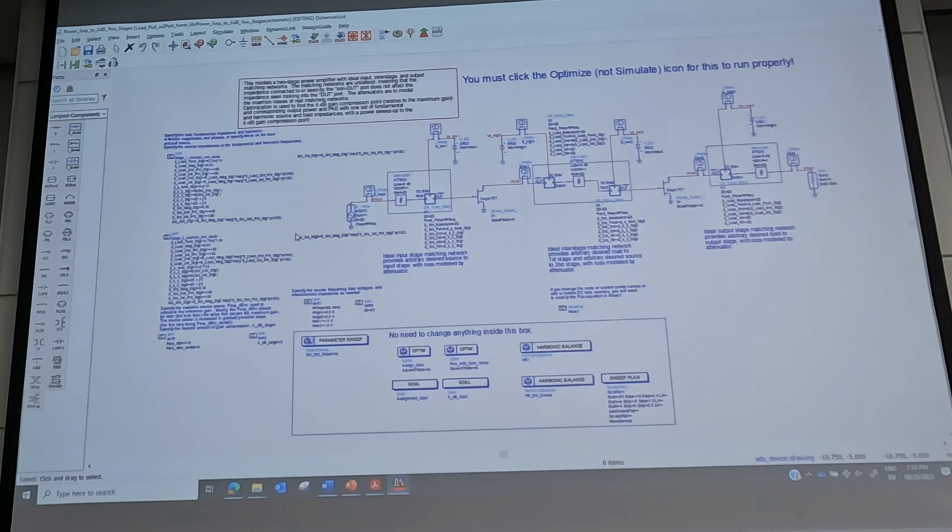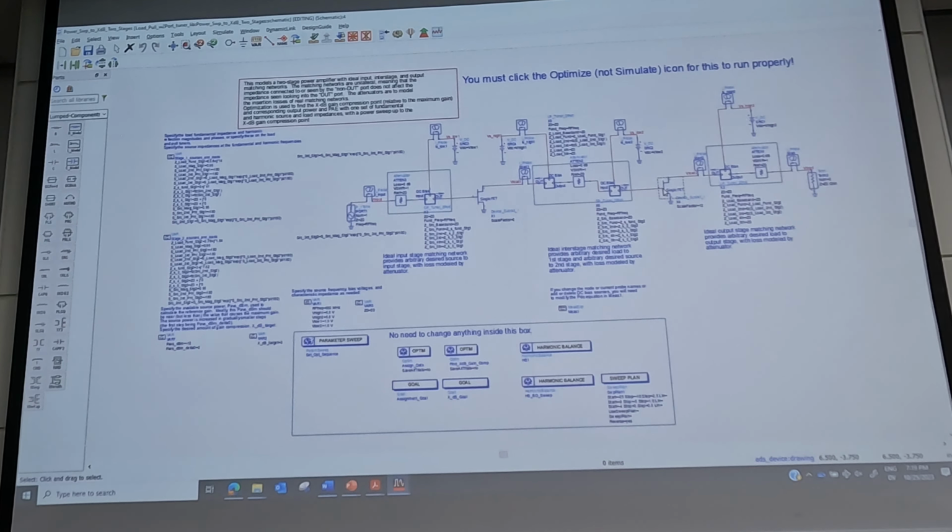This was an example that I worked on at the request of a customer who's actually in the audience today. I think it's a useful example.